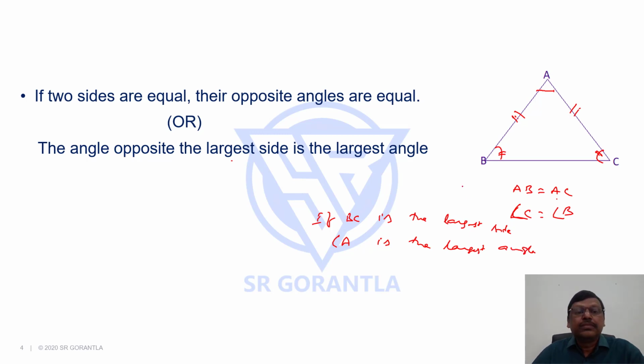The angle opposite to the largest side is the largest angle, or conversely we can say the side opposite to the largest angle is the largest side. Next,